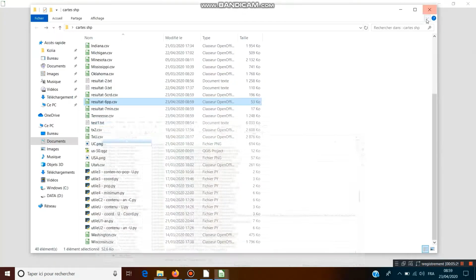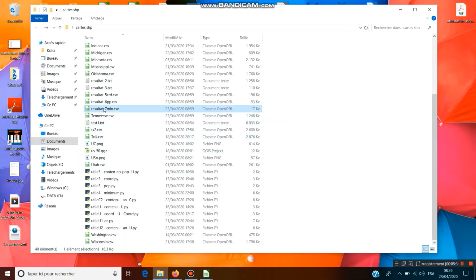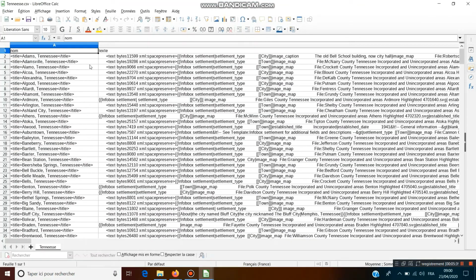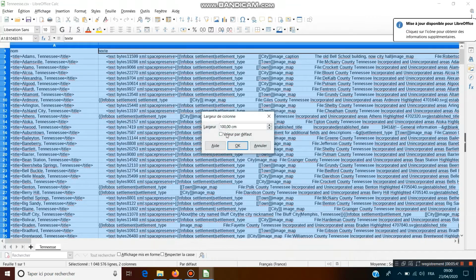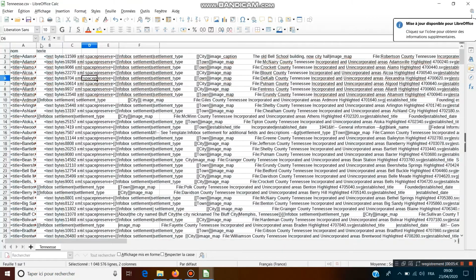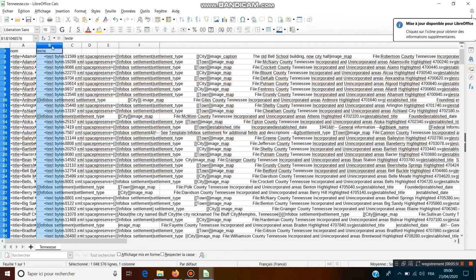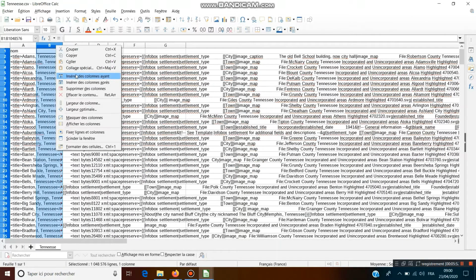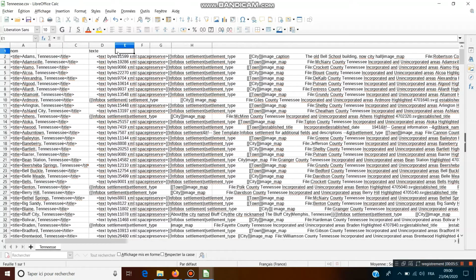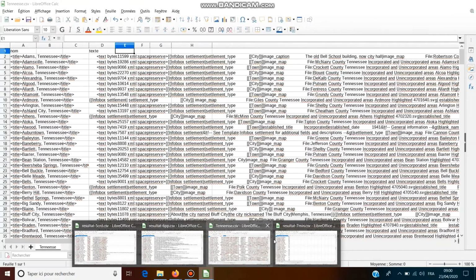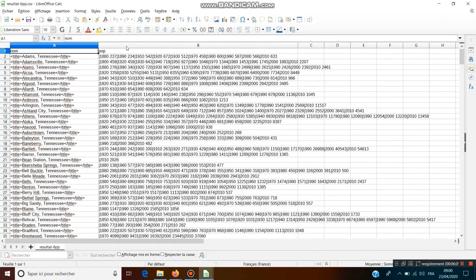And we open all the files and put all the columns of the different files into the same file.